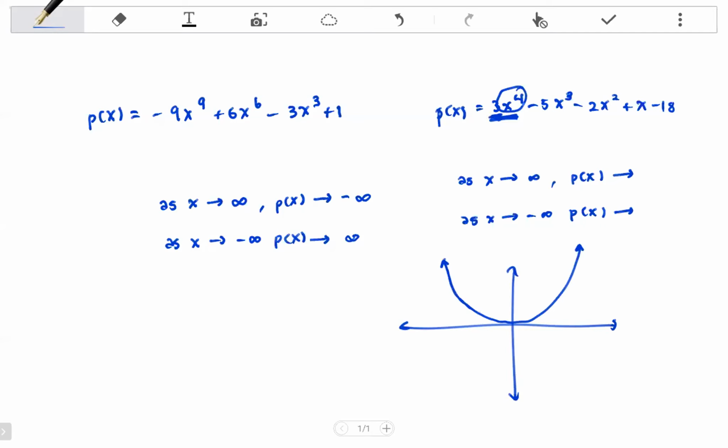So let's look at the graph now. As x approaches infinity, p of x also goes to infinity. It goes up and up and up. So it goes to infinity. And as x approaches negative infinity, p of x goes to infinity. It goes up and up again. So, yes, p of x goes to infinity as x goes to infinity or negative infinity. It goes both ways, infinity, yeah. Okay, let's,